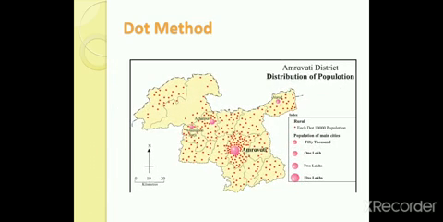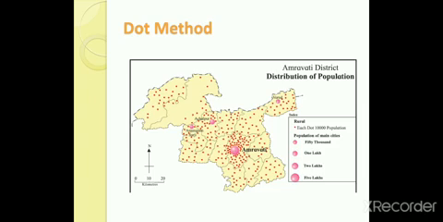You can see the map of the Amravati district shown here. Observe this Amravati district map and you will get an idea about this. The first point is that the size of the dot should be uniform. You can see in figure number 1.1 of the dot method that dots of the same size are used here. Next is the distribution of physiography, then water sources, transport system, etc.